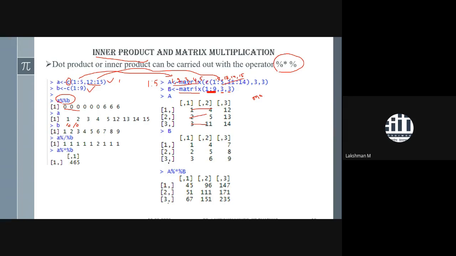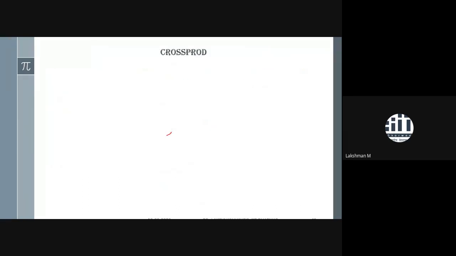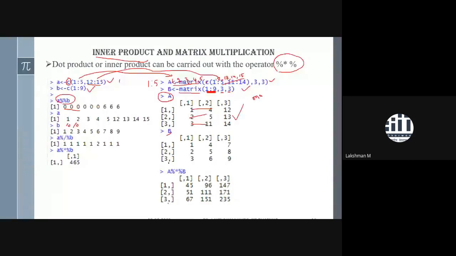Now I am talking about matrix multiplication. We are taking two matrices, A and B. You can observe how you get the output of these two matrices. First define A, which is defined by this assignment sign, and likewise B. Then we put the multiplication or asterisk sign between these two, and you get the multiplication of matrices. It is just an extension of the inner product.